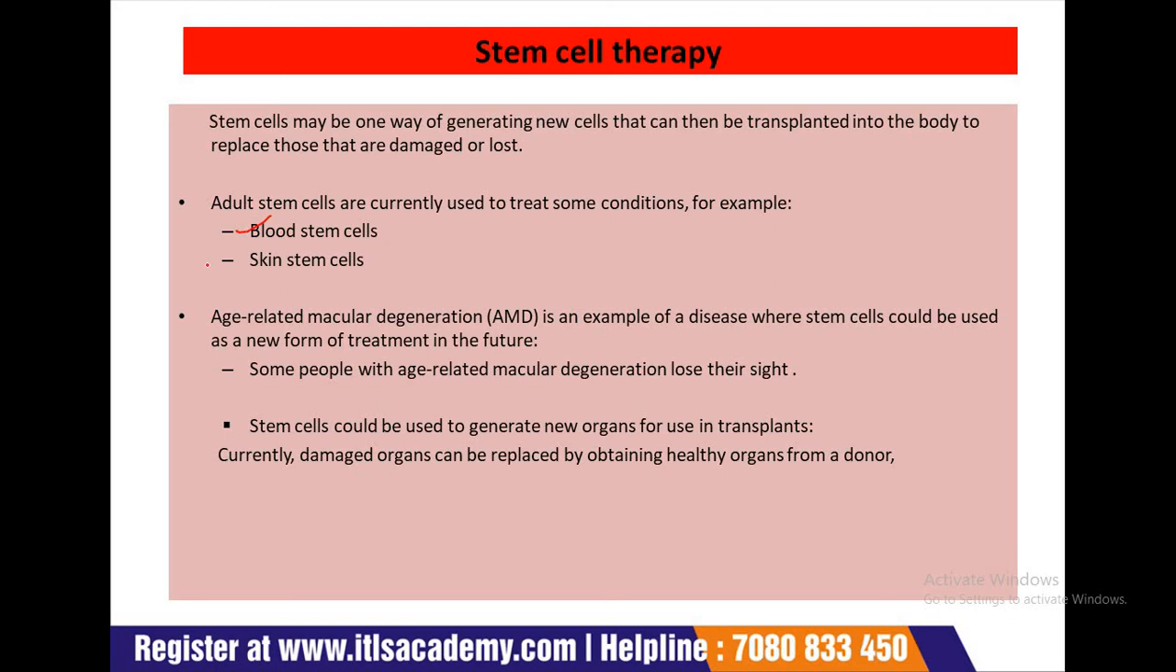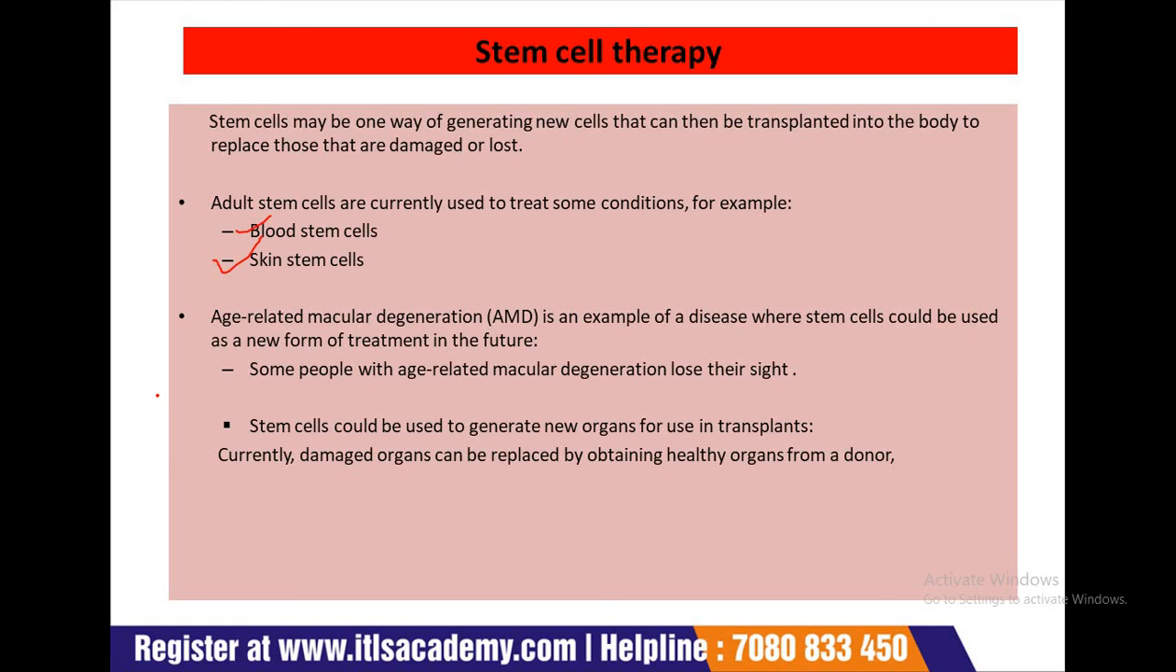The second one is skin stem cells. Skin stem cells can be used to generate new skin for people with severe burns. Age-related macular degeneration is an example of a disease where stem cells could be used as a new form of treatment in the future. Some people with age-related macular degeneration lose their sight